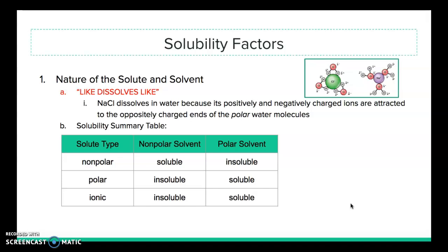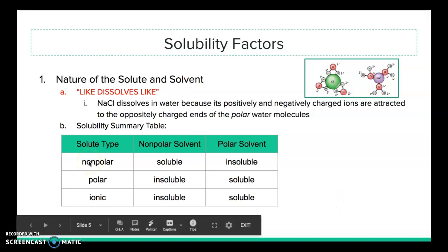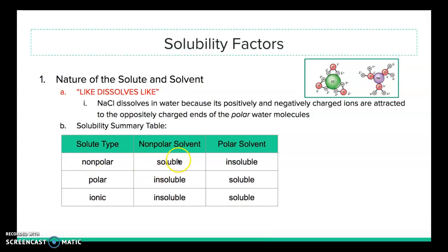And if you don't remember this stuff, I suggest going back to your notes from that unit and refreshing your memory on those. So the nature of both the solute and the solvent determines if we're going to have a soluble or insoluble solution. When we have a nonpolar solute and a nonpolar solvent, we will get a soluble solution. When we have a nonpolar solute and a polar solvent, our solution would be